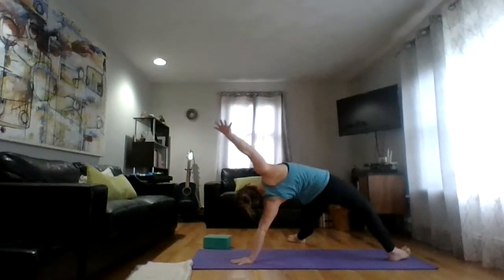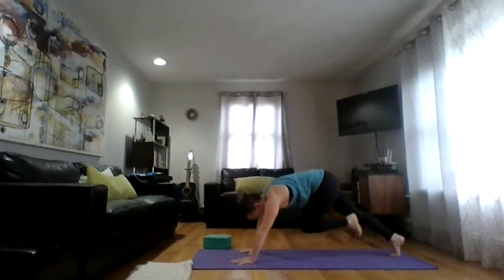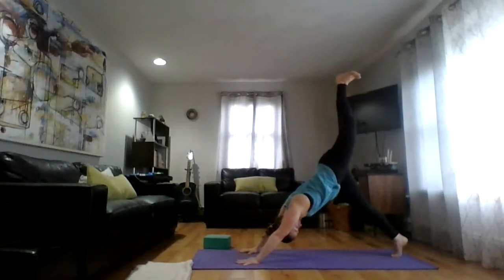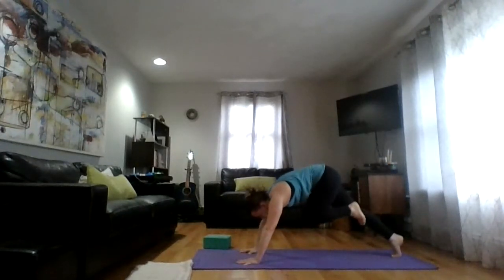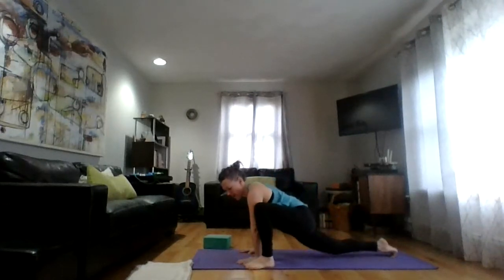Take a nice deep inhale. Exhale, bring your right hand to the floor. Pull the left knee into your chest and send that left leg up. Nice. Take one more big inhale. Exhale, knee to nose. Step your foot to the outside of your left hand, right to the edge of that